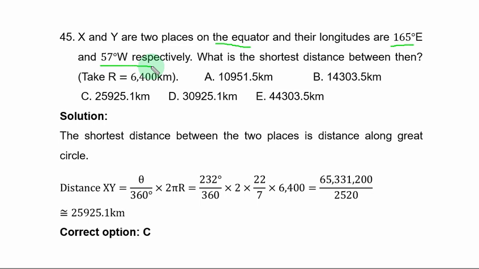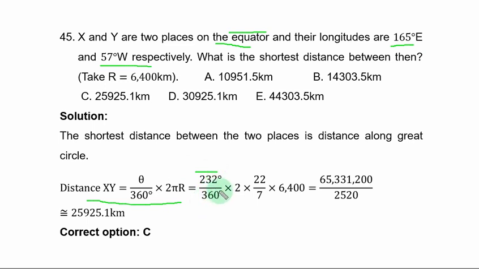The shortest distance between the two places is distance along great circle. The equator is a great circle. Such distance is computed using this, and because the two places are on different sides of the meridian, you need to add to get their angular difference as 232 degrees